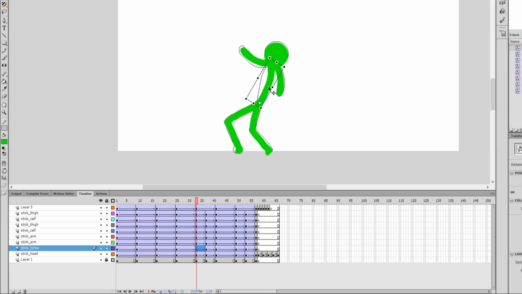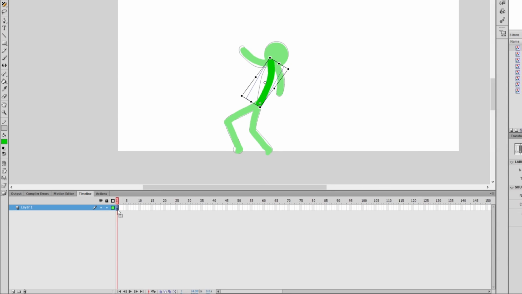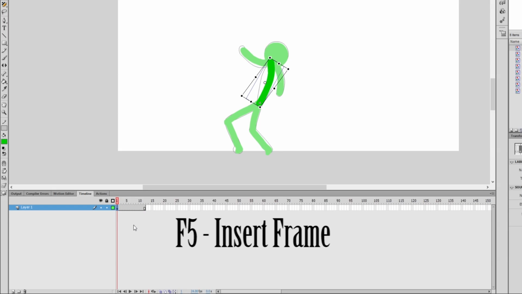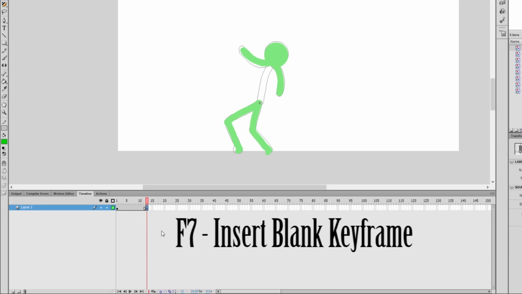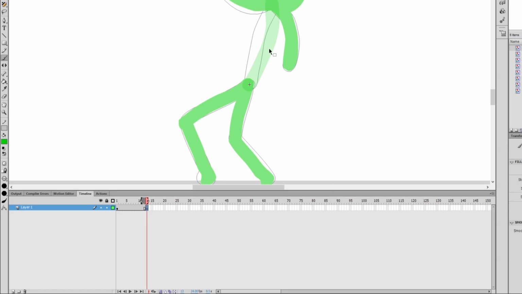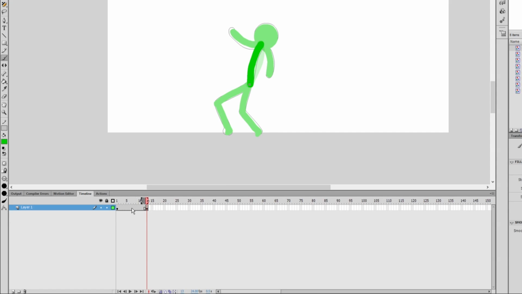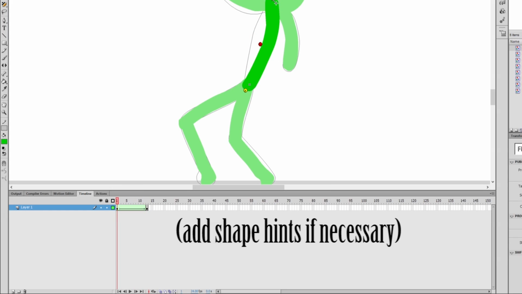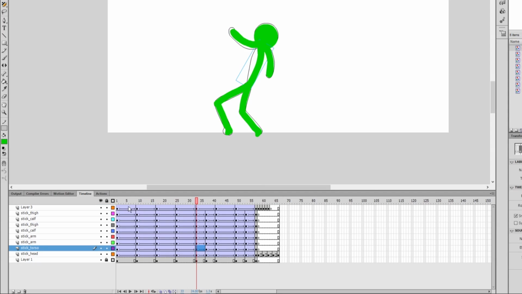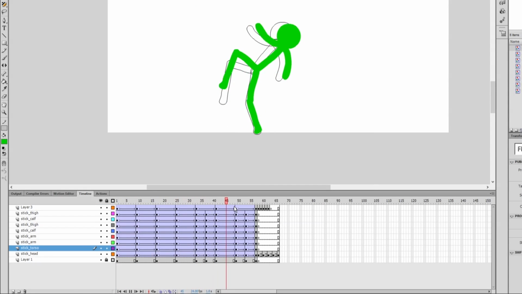So what we need to do is double-click the torso and add maybe 12 frames using F5. Create a new blank keyframe with F7 and draw the same torso, but bent the other way. Then add a shape tween. This will be the full range of your torso's bending. Exit the symbol and now you'll see that the torso is constantly bending, so we need to set its playback